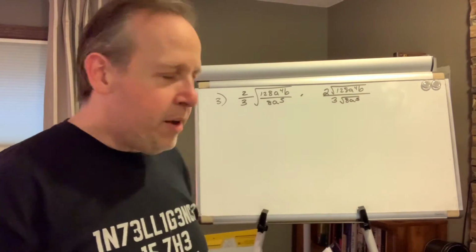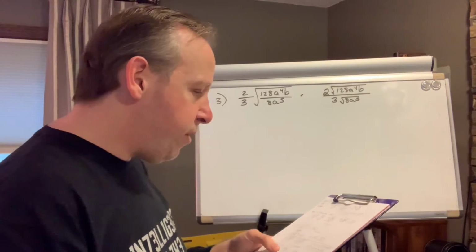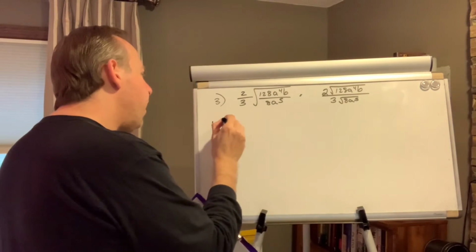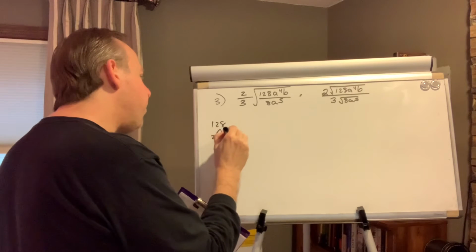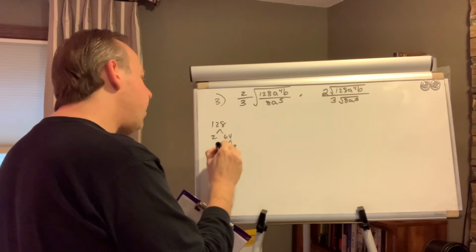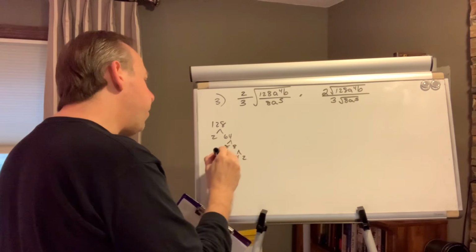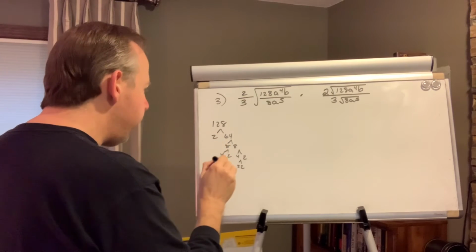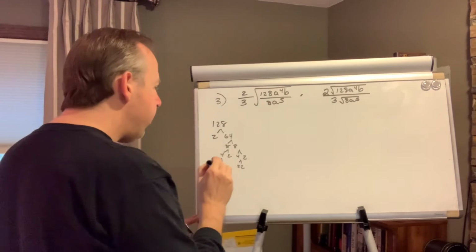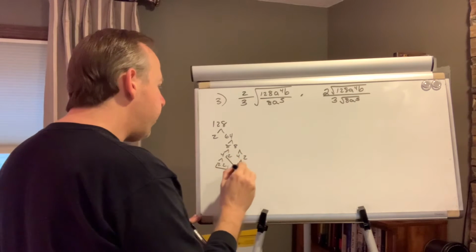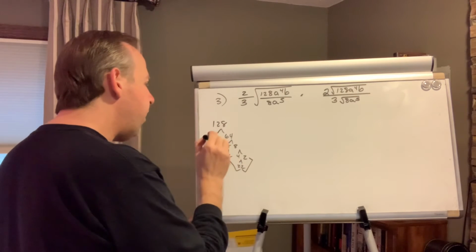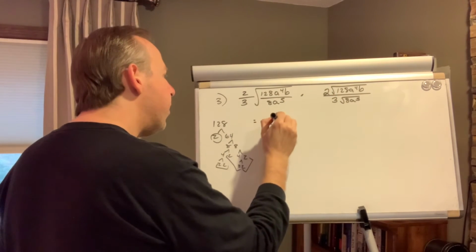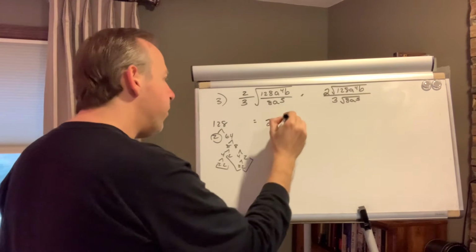128 a to the 4th b. Well, 128 actually does reduce pretty easy. If you wanted to look at 128, it's 2 times 64, which is 8 times 8, which is 4 times 2 on both of them. And the 4s are 2 times 2. So I have 2, 2, 2, 2, 2, 2, 2. This is a square root. So I got a pair of 2's here, a pair of 2's there, a pair of 2's there, and a 2 left over. So what that means is there's already a 2 over here. I'm pulling out these 3 2's,